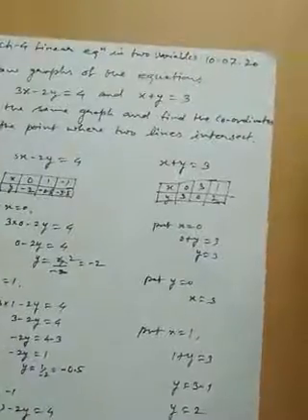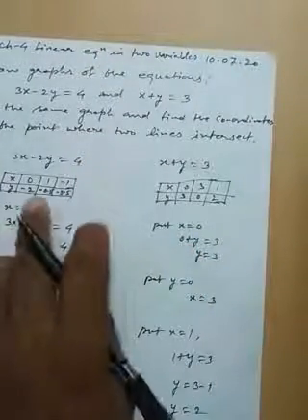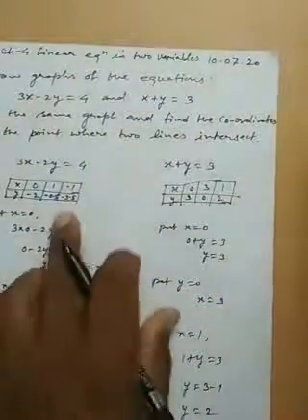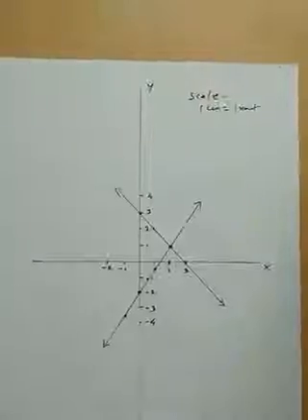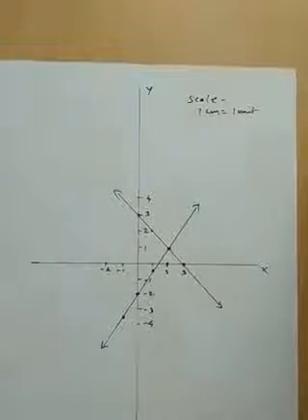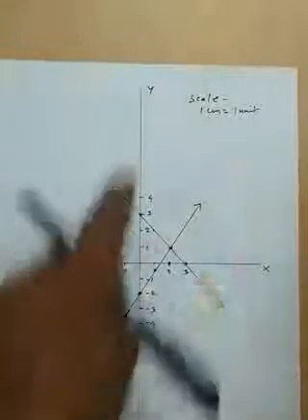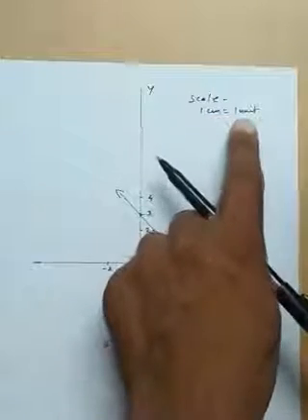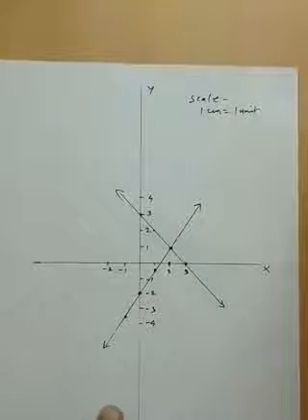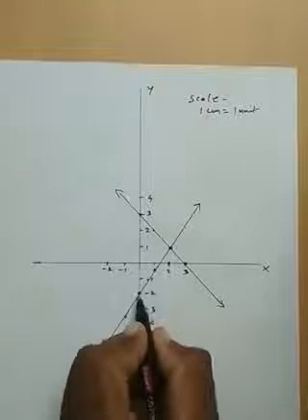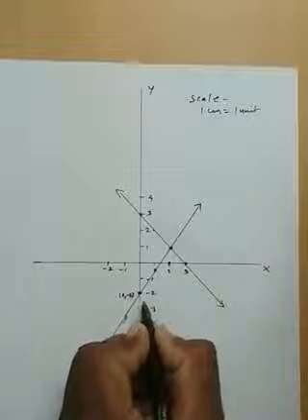So first of all, find the solutions of the equations. After that, we should draw the graph with the help of the solutions. For drawing the graph, first of all, make a Cartesian plane, drawing the x-axis and y-axis. On both the axes, we should take the scale 1 centimeter equal to 1 unit and plot these points. Our first solution for the first equation is (0, minus 2). So here 0 and minus 2. This is the first solution.